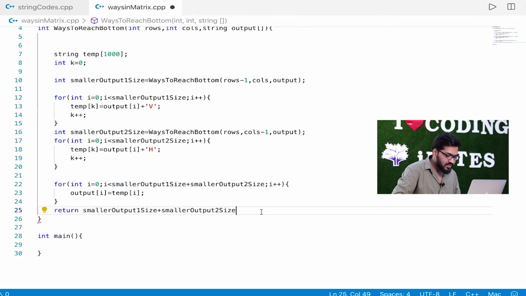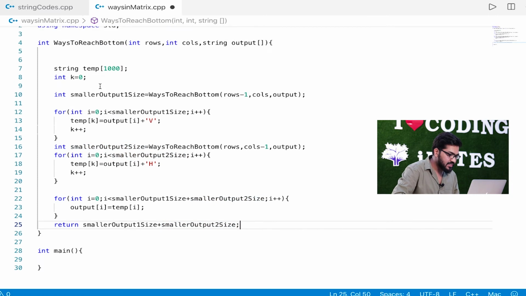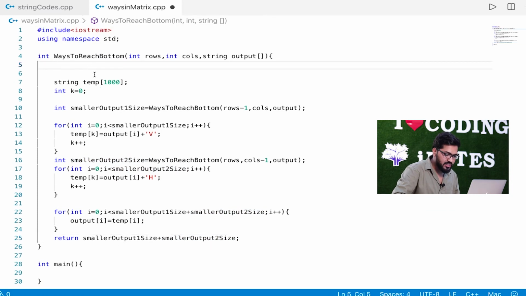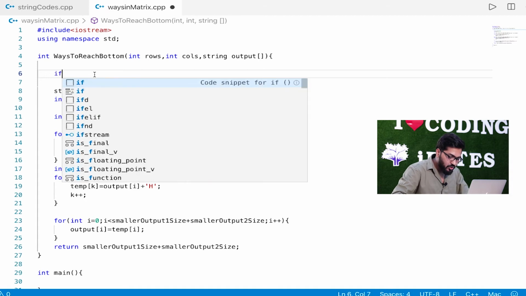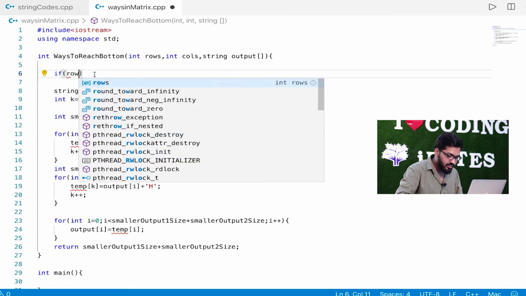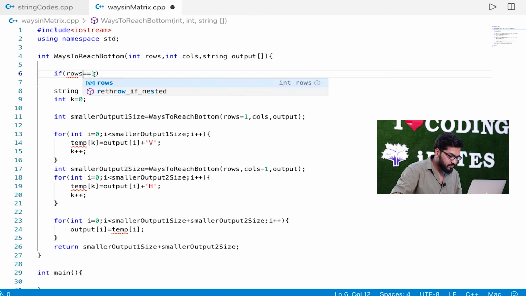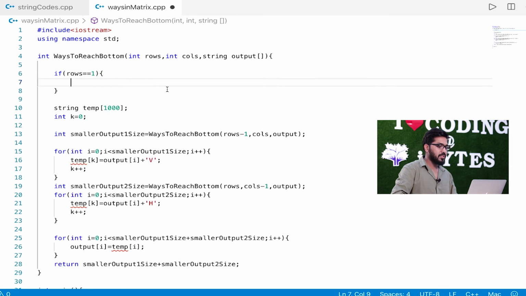Now the only thing that we are left with is the base cases. Just consider how we are going to write the base case. If rows is equal to 1, what should happen?